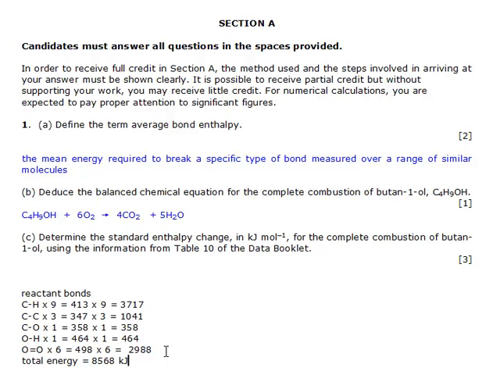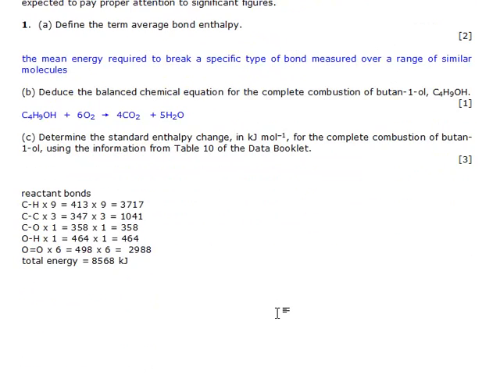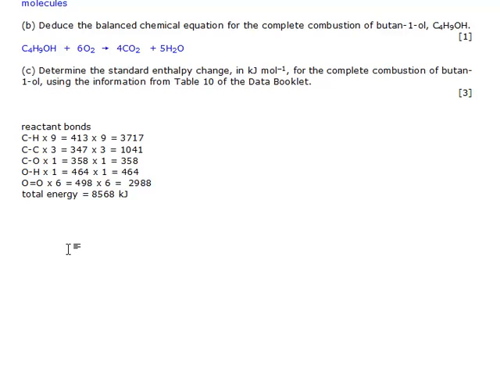On the right hand side we've also got the product bonds. So let's just scroll up a little bit and say products bonds. The products bonds are somewhat easier because there's 4 CO2. Each carbon dioxide contains 2 CO bonds. So it's CO, there are 2 per carbon dioxide and there are 4 carbon dioxides, so we must multiply that